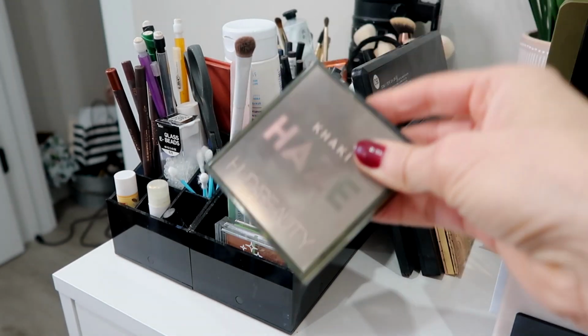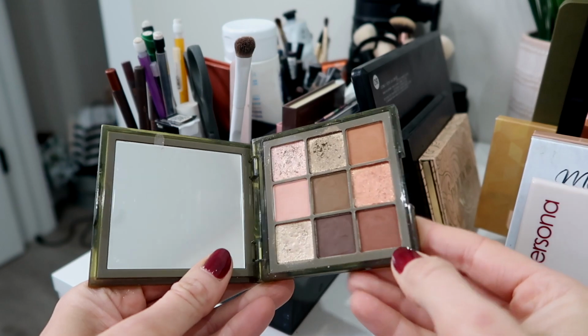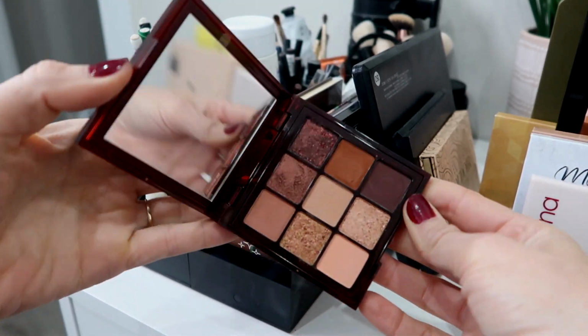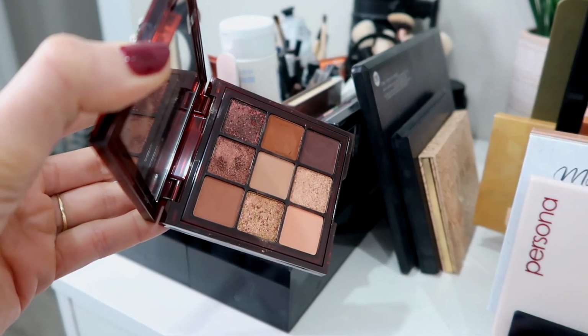This is the Huda Beauty Khaki Haze palette. I really love this one. Really pretty looks out of this palette, even though some of the shimmers are a little bit weak. Then I've got this one also from Huda Beauty, the Chocolate Brown Obsessions palette. These are so pretty. They're warm in a very red toned way, which is a little different than most of